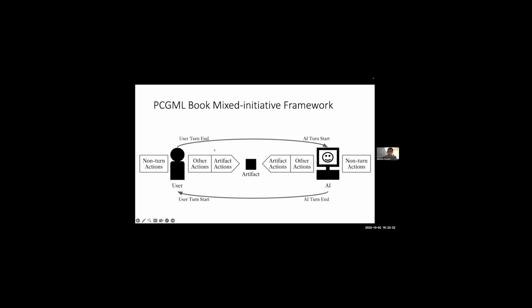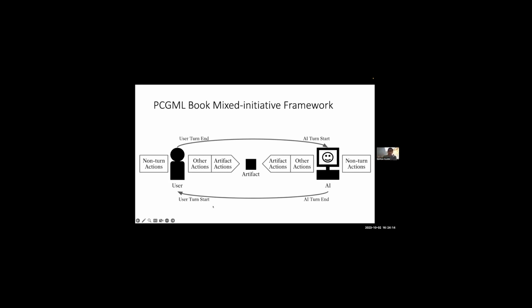They could also take other actions. Other actions might, for example, include hitting a big button that says end turn to prompt my partner to go. These are any actions that don't directly affect the artifact, but which could be part of this system. The AI, on the other hand, could have artifact actions themselves, so they could alter the artifact directly. They could also have other actions, which might be things like signaling to the human user, hey, I need some feedback on this, or something like that. You didn't see any examples of that in the Morai Maker, but you could hopefully imagine ones. We're just saying the AI could have a little pop-up saying, well, what do you think about this? Or what do you prefer between these two things? It doesn't directly impact the artifact, but would be part of the same system.